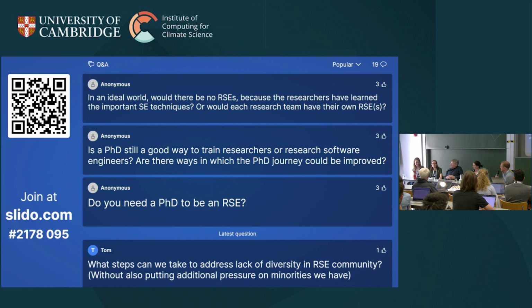I don't mean to speak ill of many of the researchers in the institution, but I think they have goodwill and they would like to be competent researchers. But I think for me it's about time and effort, and obviously nobody has an infinite amount of time and effort. And to me, to be both a researcher and an RSE, that's already 2 jobs, I think, or even more than 2 jobs. I think in an ideal world, and going back to the original question, in a utopia for me, I don't think it would be possible for people to be